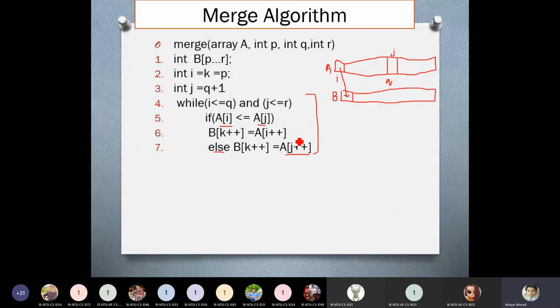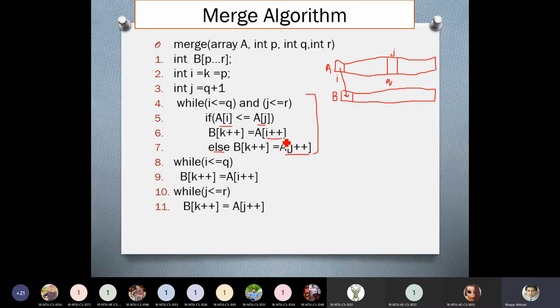You can observe that this is a post increment operator with these indexes. It means that it will use the current value of I, J and K, and then after the execution it will move the index to the next element. After that, we have written two loops.